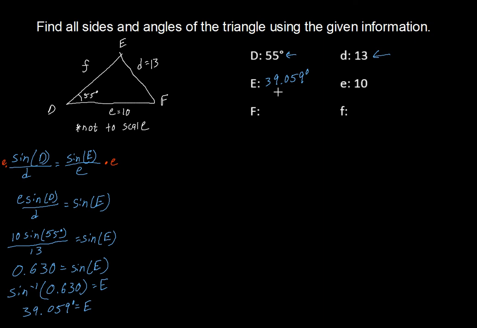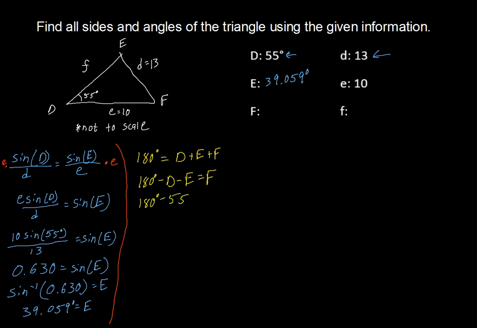39.059 degrees. As I pointed out previously, you are more than welcome to use law of cosines to solve for little f, and then you can use any other method you'd like to solve for capital F. Since this video is primarily about law of sines, I'm going to go ahead and just use the 180 degrees idea to solve for capital F, and then I'll use law of sines to solve for lowercase f. So 180 degrees is equal to d plus e plus f, which means 180 degrees minus d minus e equals capital F,